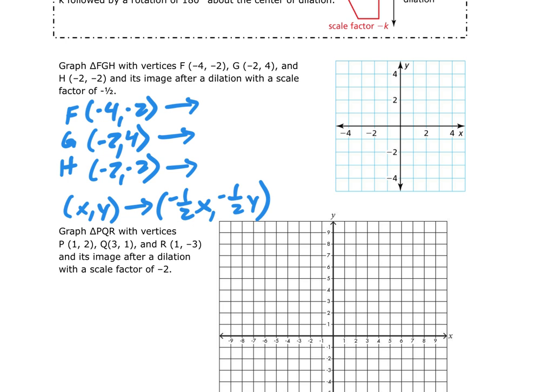All that means is we're going to change the sign and we're dividing by 2. So if I did F prime, G prime, H prime,